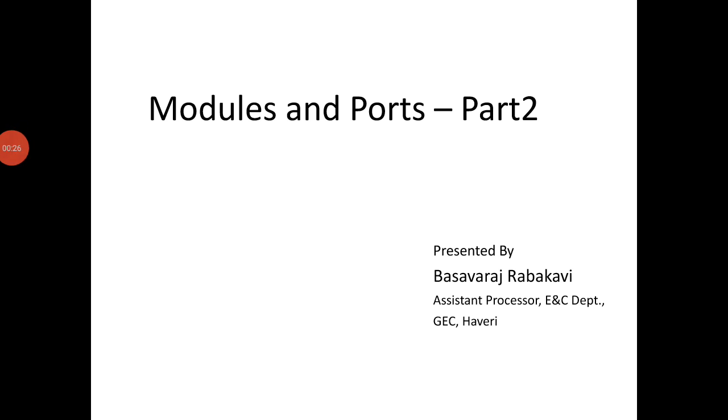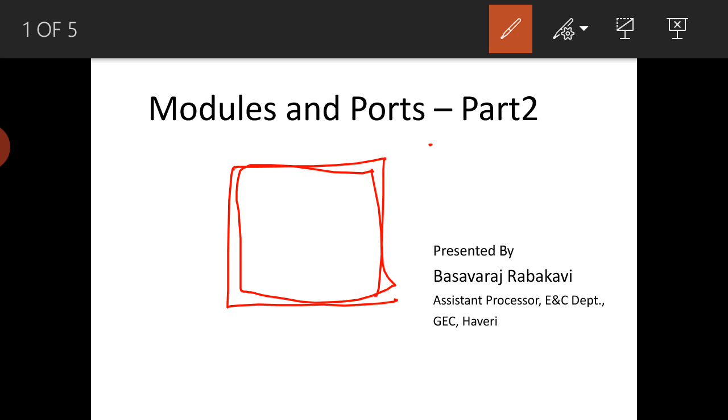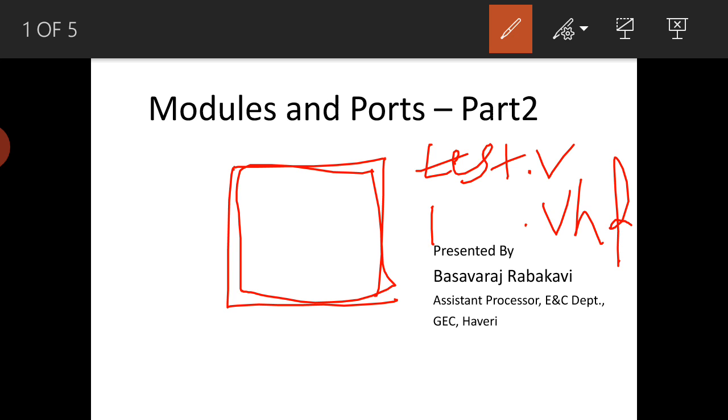So basically, if you want to write a Verilog module, suppose you call it test.v. The v is the extension for Verilog, and VHD is the extension for the VHDL language. So this is the extension .v, like in C, test.c, where .c is the extension for the C language.